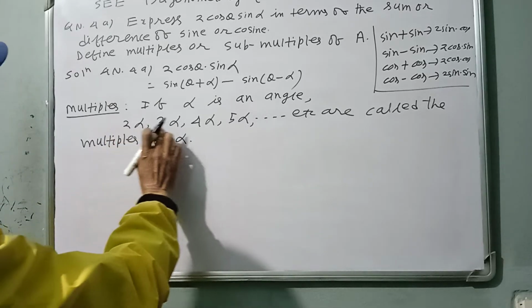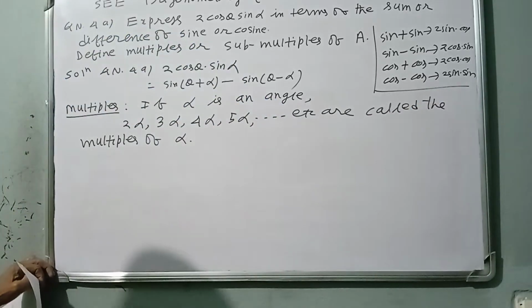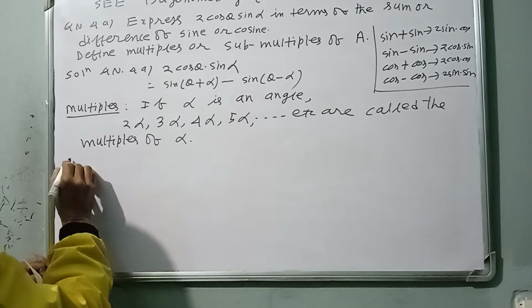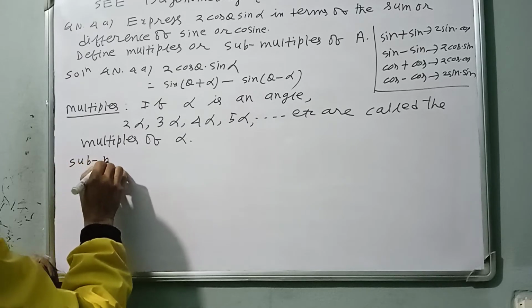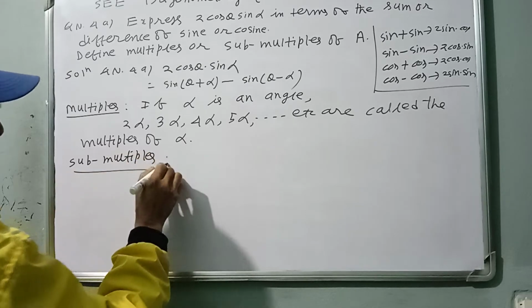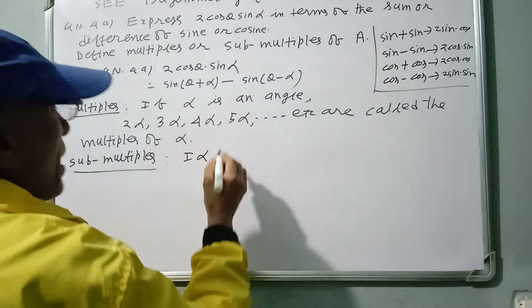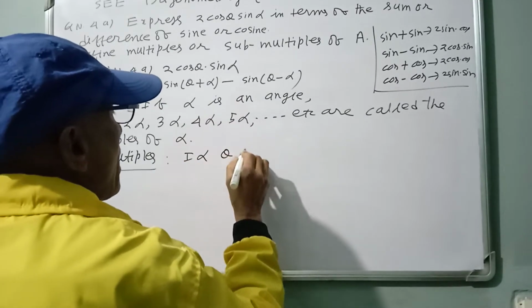Alpha is the angle, 2 alpha, 3 alpha, 4 alpha, 5 alpha, etc. are called the multiples of alpha. Now sub-multiples. What do you mean, a sub-multiple means smaller? If theta is any angle,